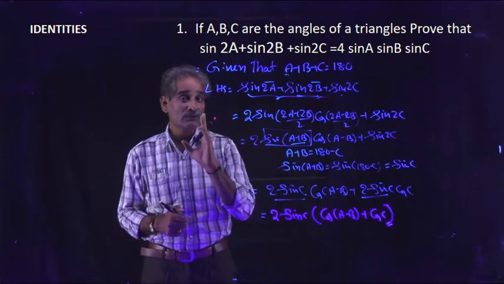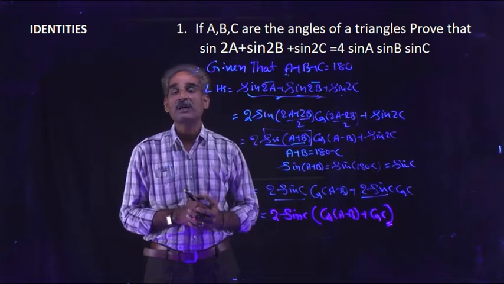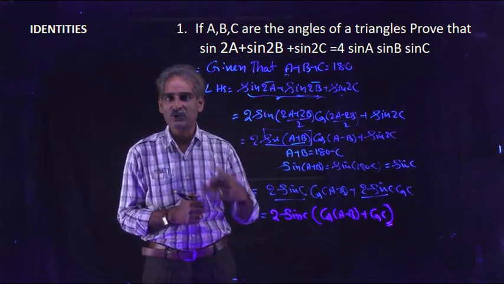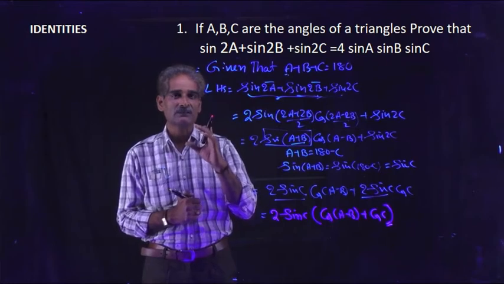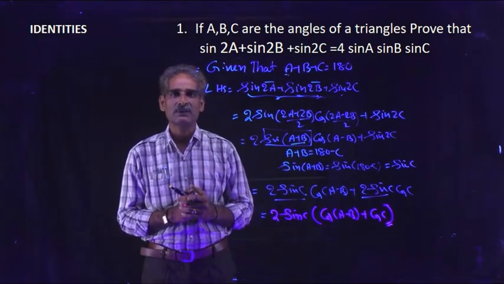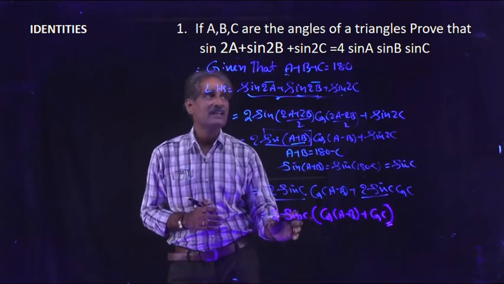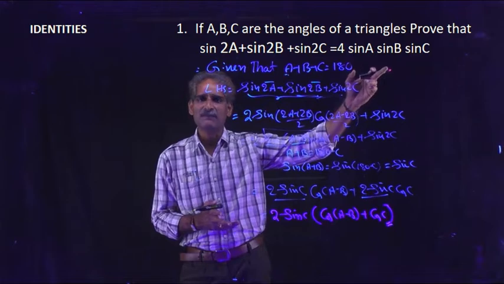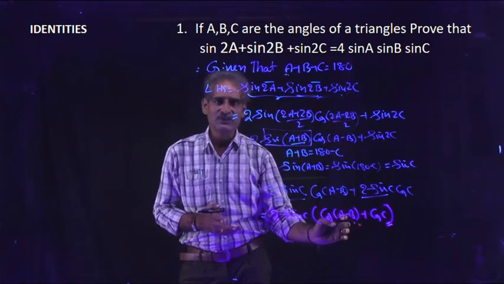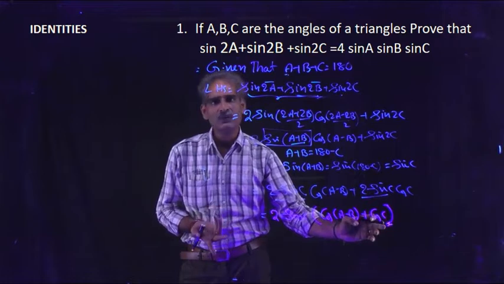If you have a clear idea about the formula, this is how to get the answer. We can find the way to get the answer if you are clear about the formula, with confidence. So sin C is there in the required one. What is required? Sin A and sin B. Cos (A minus B), we can't change this angle. If minus of cos (A plus B) is there, we can write 2 sin A sin B.